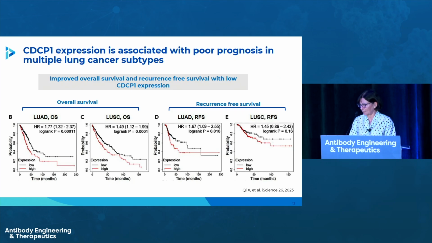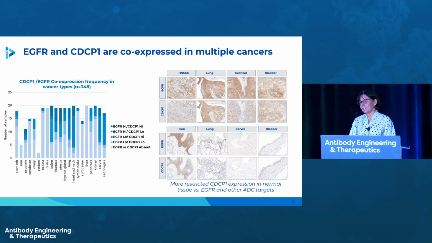And so we did extensive amounts of immunohistochemical staining to look at EGFR and CDCP1 co-expression, and I'm only showing a very small summary of that data here. And the graph on the left-hand side is color-coded such that those regions in each bar that have the darkest blue show the highest degree of target co-expression. And then as the colors become lighter, those are a range of high-high, high-low, low-high, et cetera. But you can see just by looking at the colors that there's high co-expression across a broad range of different